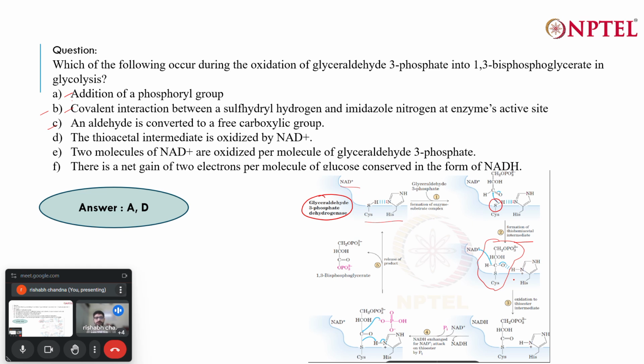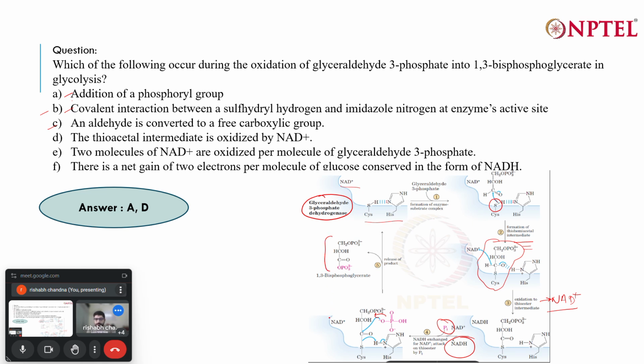Okay, so first the thiohemiacetal intermediate is formed. Okay, and then the oxidation of the thioester intermediate is basically done by the NAD plus. So now NADH is released, and now we have to release the product. So what happens? The Pi, that is inorganic phosphate, enters into the medium, and then the second phosphate is added to the product,